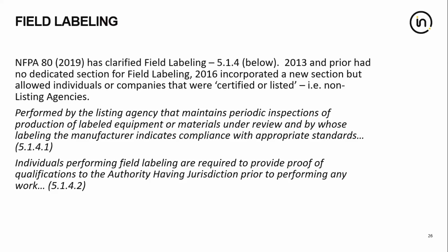be performed by the listing agency that maintains periodic inspections of production of labeled equipment or materials under review and by whose labeling the manufacturer indicates compliance with appropriate standards. So it basically narrows it down to the listing agencies. If we look at older versions, 2013 and prior had no dedicated section to field labeling. Starting in 2016, there was a dedicated section for field labeling. This allowed individuals or companies that were certified or listed, could be non-listing agencies, to perform field inspection and field